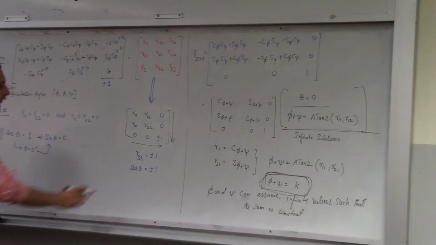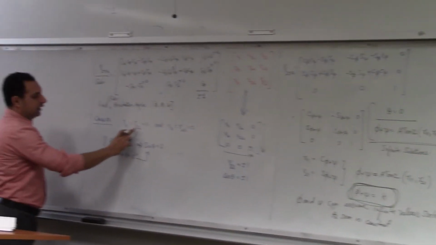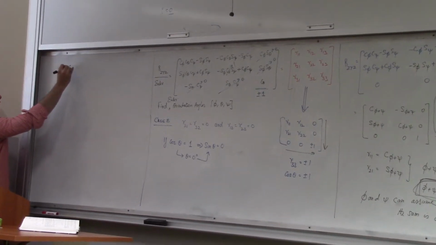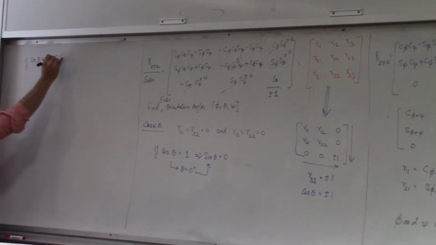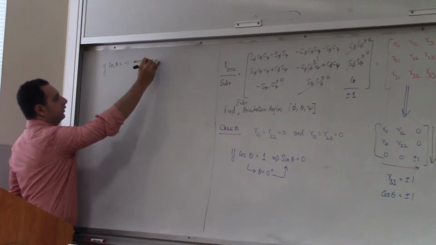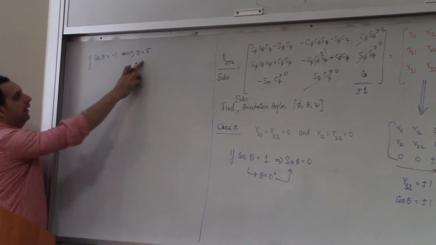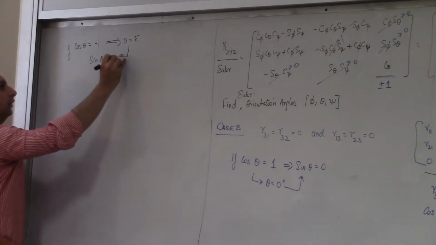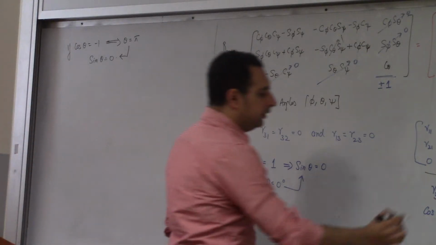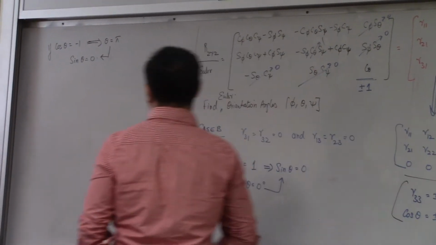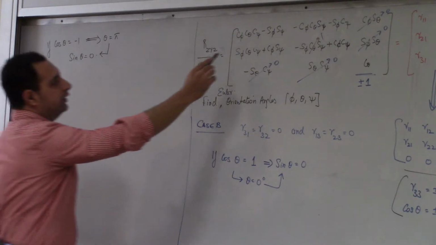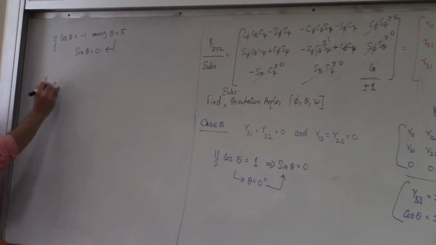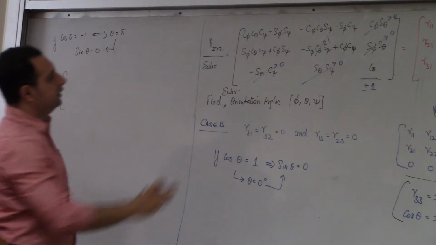Now, the other alternative here: we assumed in this case that cos theta is 1. So you can do the other case where cos theta is equal to minus 1. In this case, theta is pi, right? Theta is pi, and sine theta is again 0. Okay. So we did plus 1 because R33 is plus or minus 1. In this case, we'll assume cos theta is minus 1. So you'll just substitute cos theta as minus 1. So R22 will be equal to, let me not mess up this time, this will be minus